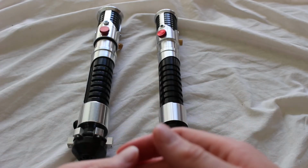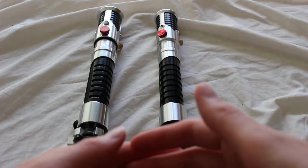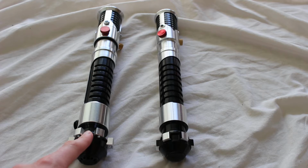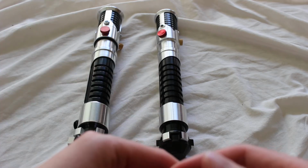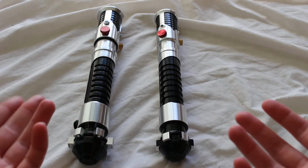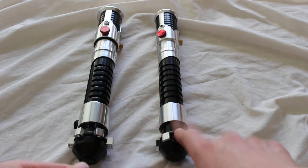Let's compare two prequel trilogy Obi-Wan Kenobi style hilts, so Episode 1, Episode 2 style Obi-Wan Kenobi hilts. On the left is a Korbanth or Parks OWK, and on the right is a One Replicas SSOB. So first thing you might notice is the Korbanth one is a little bit bigger,